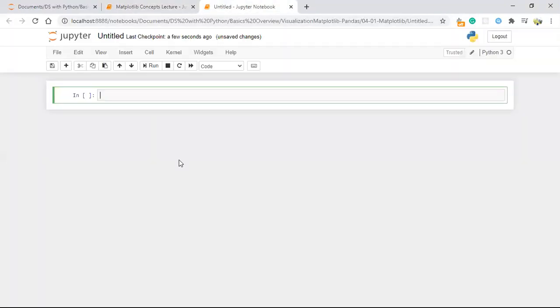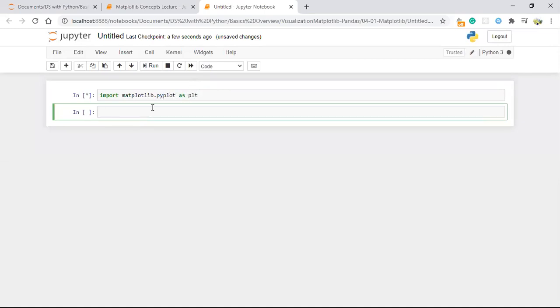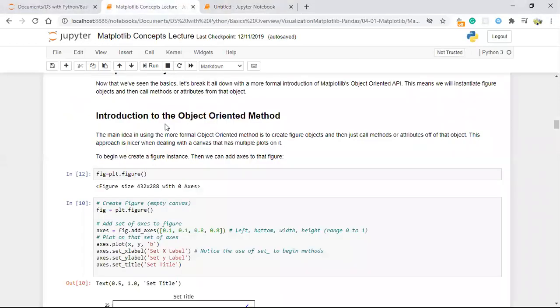Okay, one minute, let me just import this first. We are just running this. Okay, it is run now. First we will understand this figure.